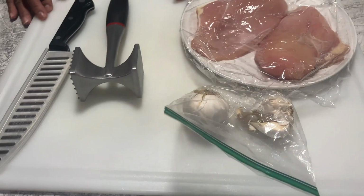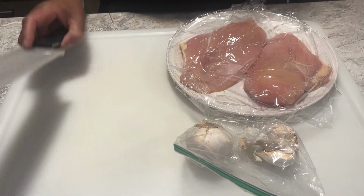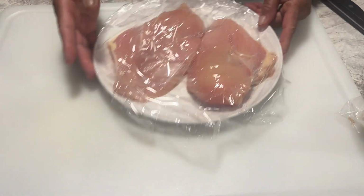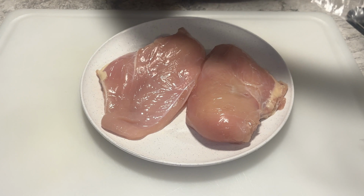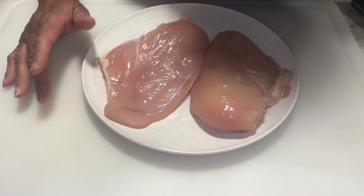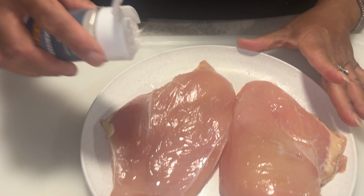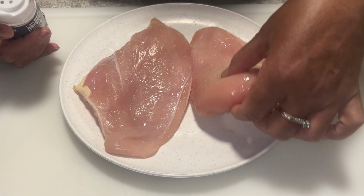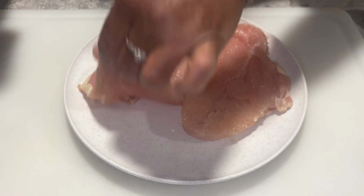Okay, since today I'm putting a twist on vodka chicken, I'm going to be making drunken vodka chicken. I've got 2 chicken breasts that I've already rinsed and prepared to start cooking. The first thing we're going to do is add a little meat tenderizer on our chicken breast. And we're going to let this chicken sit for about 30 minutes